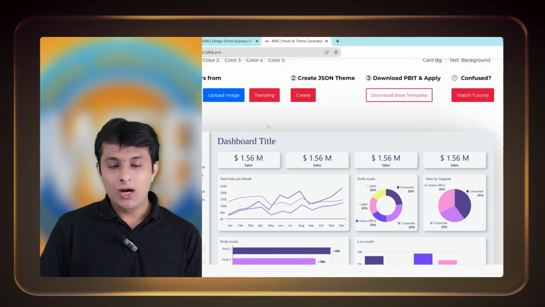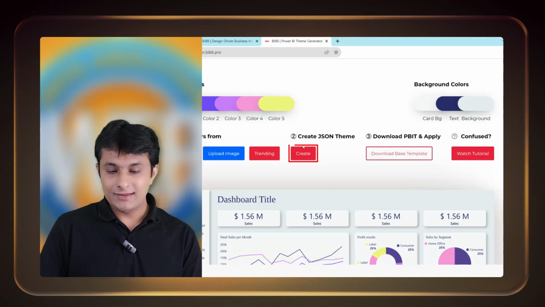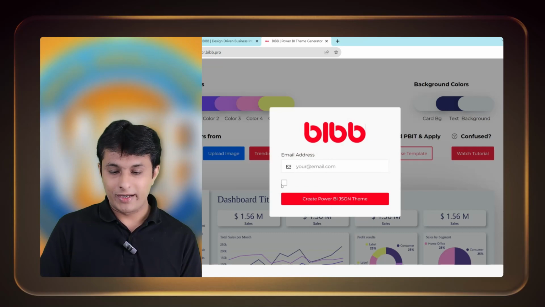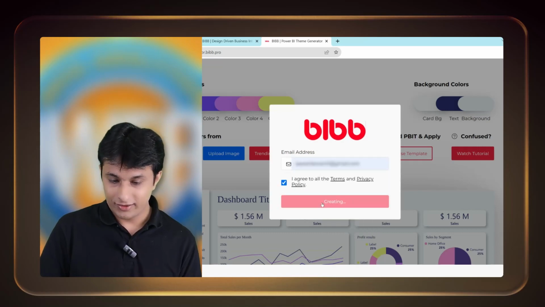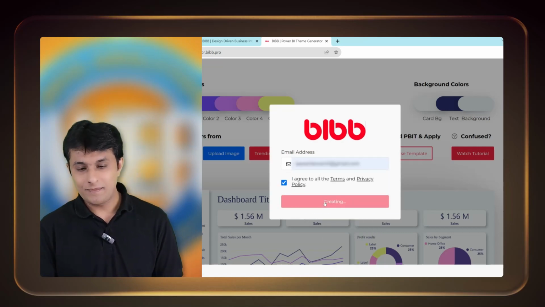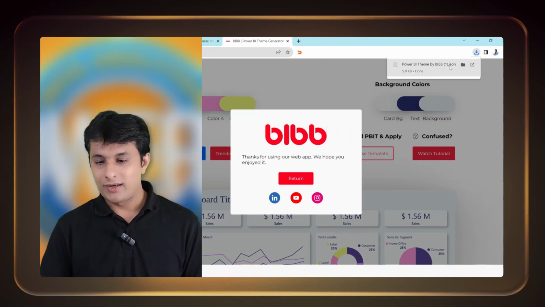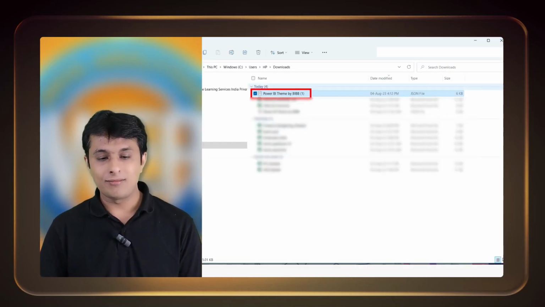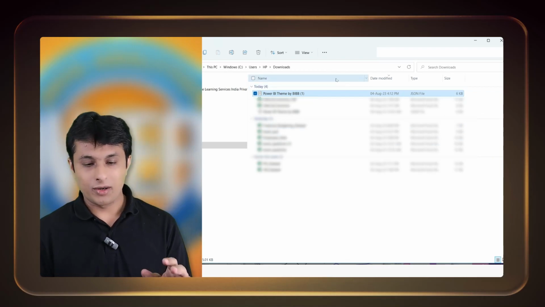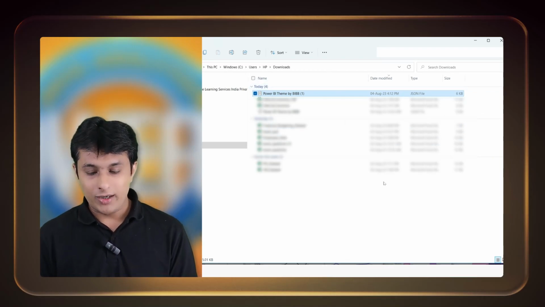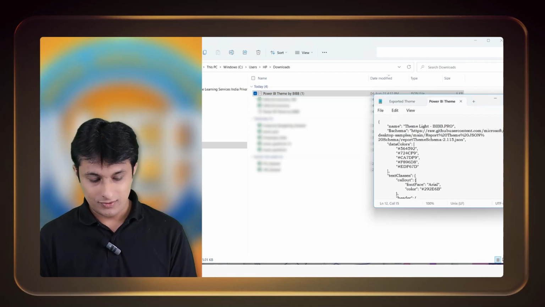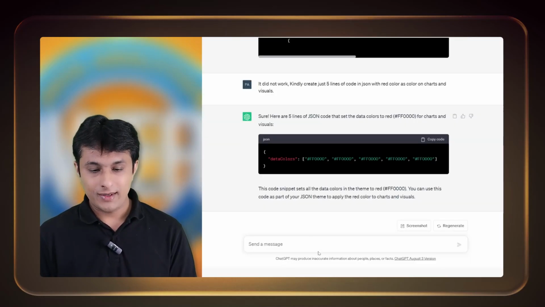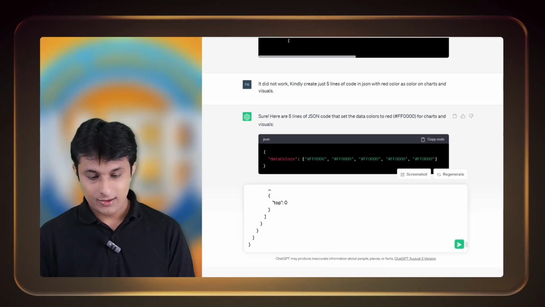If you see, now I can just create this JSON theme. Please see, that's a create a JSON theme, and I can put my email address, and I can click on create Power BI JSON theme. This will create, and now it is downloaded. So please see, if I open the folder, that's a Power BI theme by BIBB. Now what I can do is I'll open this, Control A, Control C. Let's try this one. If I go back here and if I paste the code, so now what should I